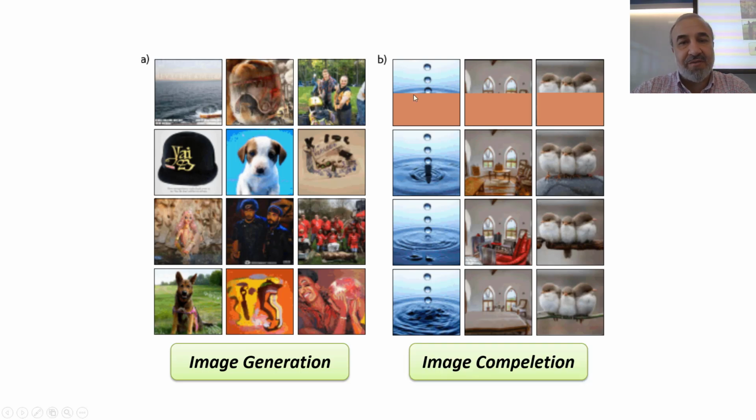In this task, we are giving the model half of the image. So the first row here is what the model is given for each image, and then the model generates the rest of the image. What do you think about this compared to the other? Much better, right? Why? Yeah, so the context, right? It is given a context here that is much larger than one pixel. So half the image was good enough to generate